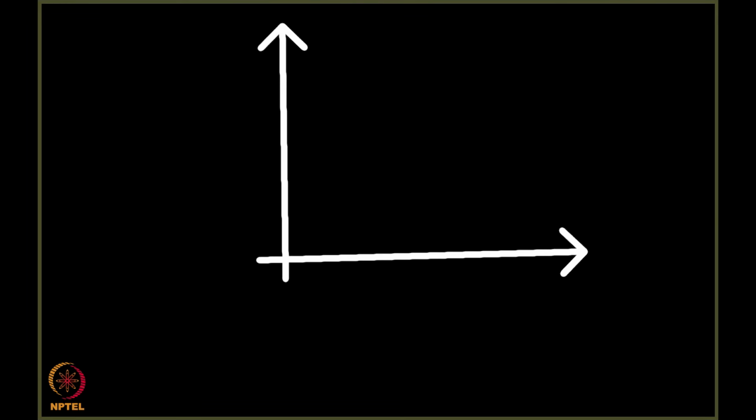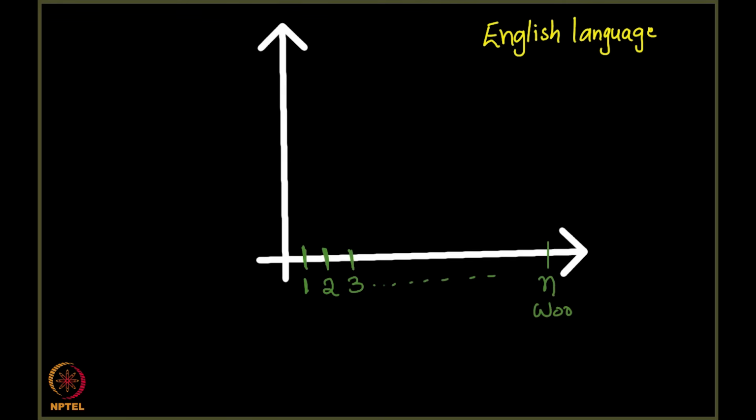Okay, so I was trying to plot something very interesting about the English language. If you take the most popular word in English, which is the most frequently used word in English, call it the first ranked word, and the second most frequently used word in English, call it the second ranked word, and the third most frequently used word in English, call it third rank, and so go on and write down all the words. Let's say there are n words in English. You write n units on the x-axis,